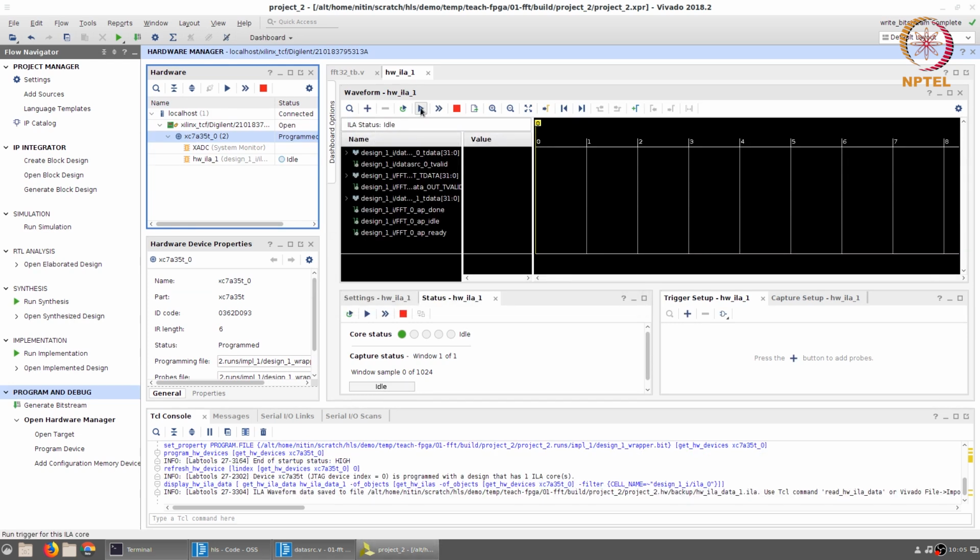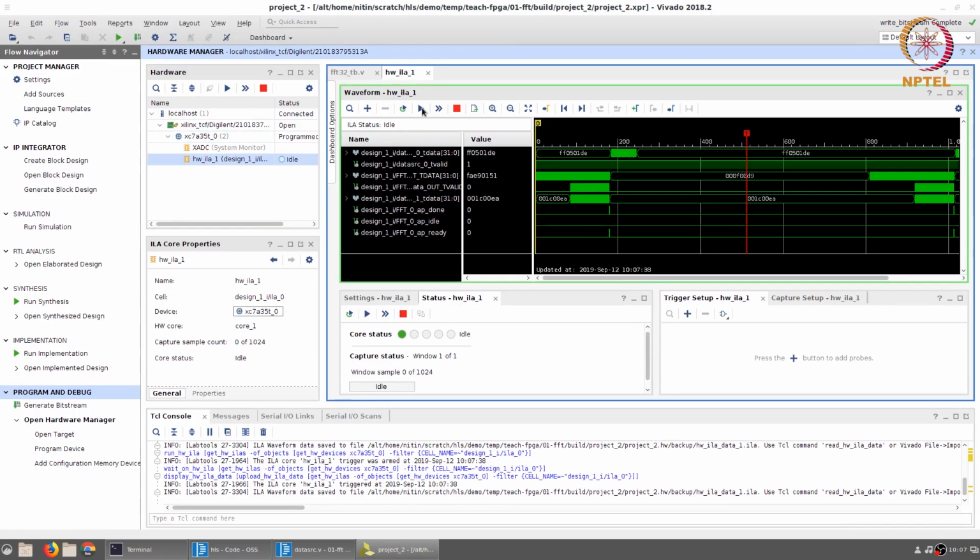And now, since the FPGA has been set up, the design has been set up in such a way that the FFT is scheduled to start, that is its start signal is permanently set to 1, it would automatically have started as soon as the system switched on and the clocks stabilized. So this is an example where you can actually see that the AP done signal occurs twice. In other words, at this point over here, at cycle number 179, and at this point over here in cycle 1012. The difference is somewhere around the 800 mark that was actually reported by Vivado HLS and seems to match exactly with what we expected.